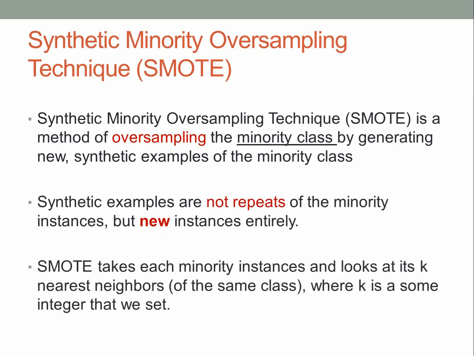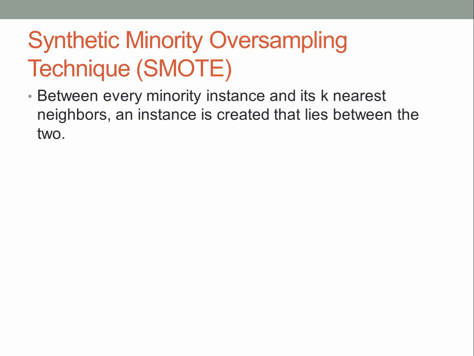And how do we generate new instances? We use the idea of the k-nearest neighbor. That sounds interesting, right? It's a combination of oversampling and k-nearest neighbor. So what it tries to do is that between every minority instance and its k-nearest neighbors, say 3, for every minority, it will try to find 3 closest neighbors. And then it creates new synthetic data between the point you are looking at and each of its k-nearest